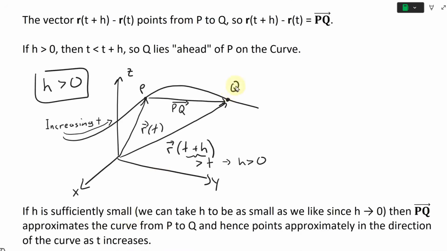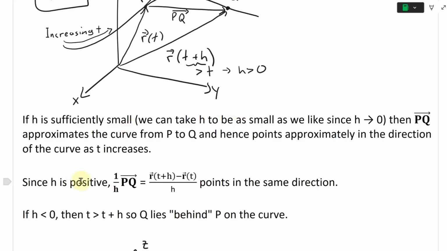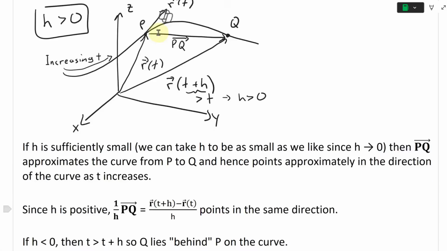Basically what it means is as you shrink this Q right here, as you make h approach 0, it gets closer and closer to this, and then P and Q pretty much coincide, and what we get is the limit right here, r prime of t, and it's going in the direction of increasing t. And going further, since h is positive, 1 divided by h times PQ, the secant vector, is